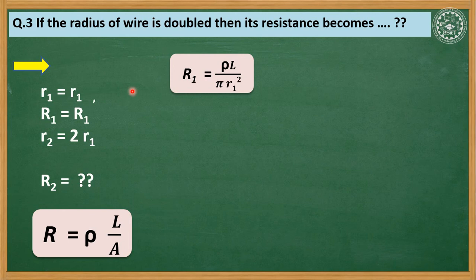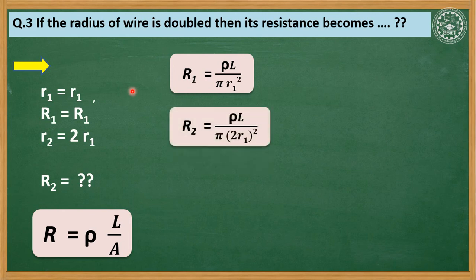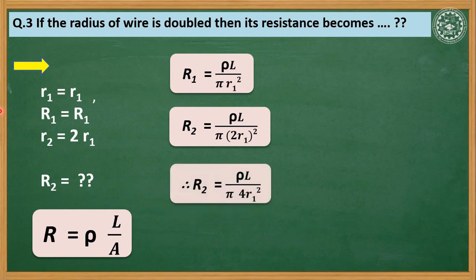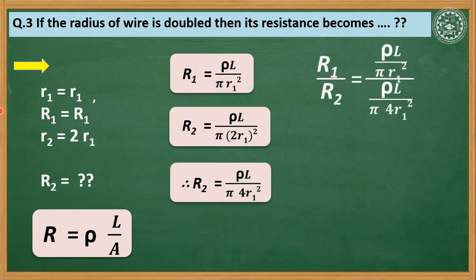Now resistance for the second wire, whose radius is doubled, is rho L upon pi into 2R1 squared. So if we take a ratio of both, R1 upon